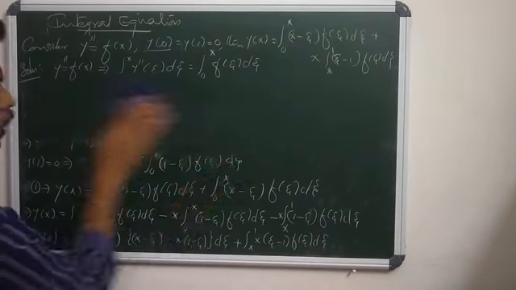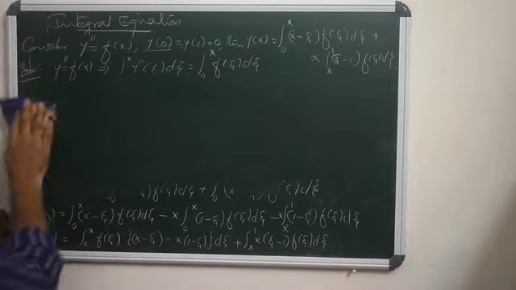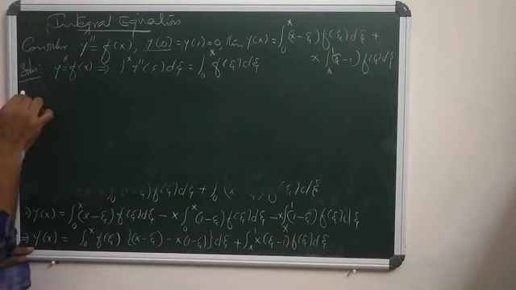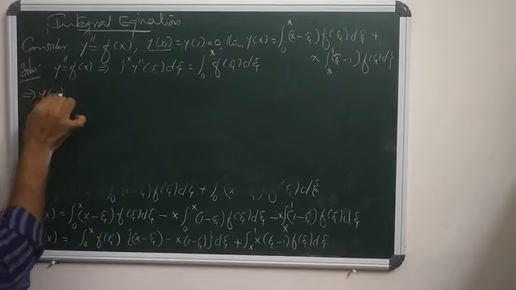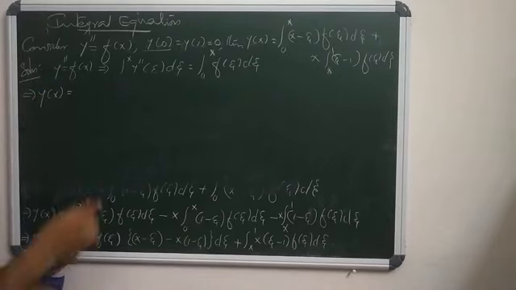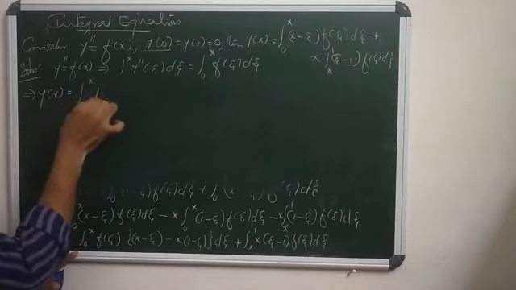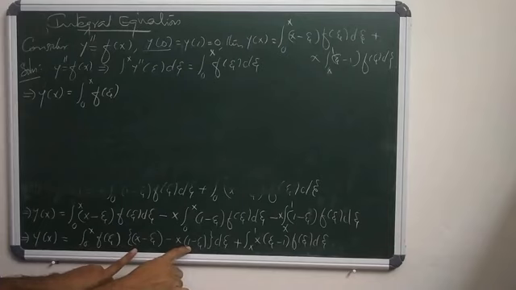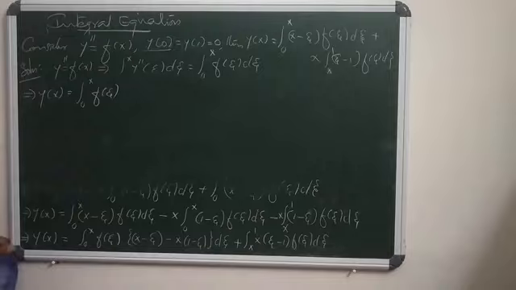Agree. That means y of x can be rewritten as integral 0 to x of f of theta into (x minus theta), where the minus x and plus x cancel each other, so it is x minus theta minus x theta, so it is f of theta into